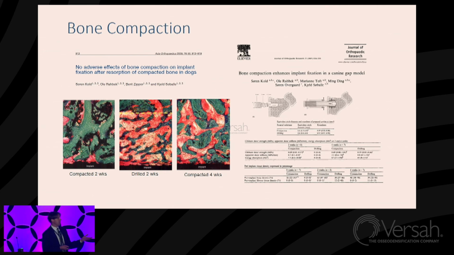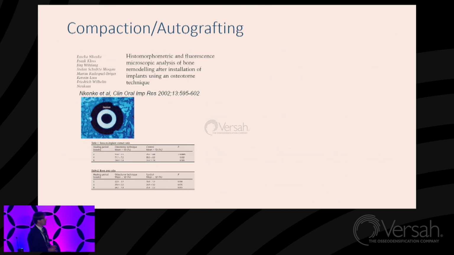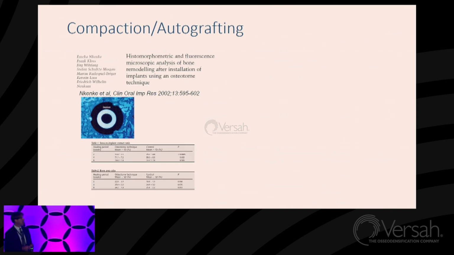And this study wasn't with an osteotome, this was with a lateral expander. So there are differences that can occur between those processes. So not all types of compaction are the same. This is a more gentle type of compaction. Compared to, again, this was an